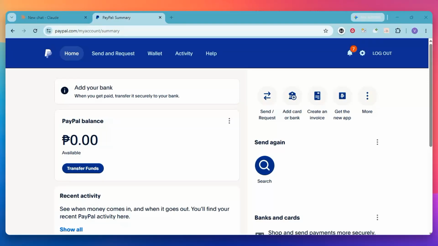In this video, I will show you exactly how to connect your PayPal account to Claude so you can streamline your workflow and manage your financial data effortlessly. Integrating these tools allows the AI to assist with tracking transactions or managing account tasks without you having to constantly